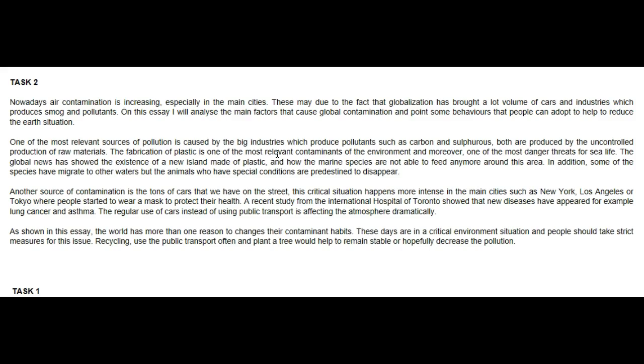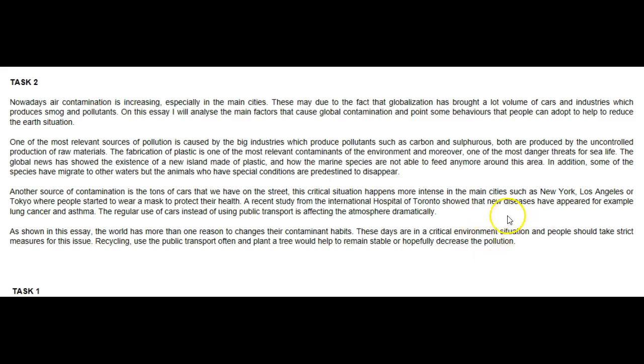There are lots of places online that you can look to find good synonyms for words like big, small, even words like very. You can look up some of those things, and they will really help you increase the range of your vocabulary. Okay, so let's look at it again. One of the most relevant sources of pollution is caused, I took out that expression. So one of the most prominent sources of pollution are the massive industries which produce pollutants such as carbon and